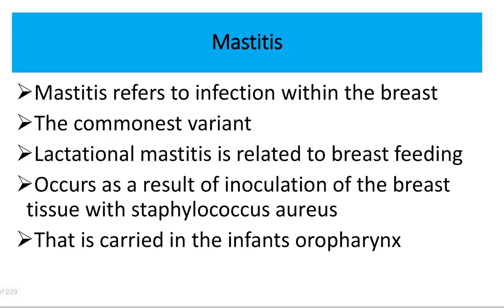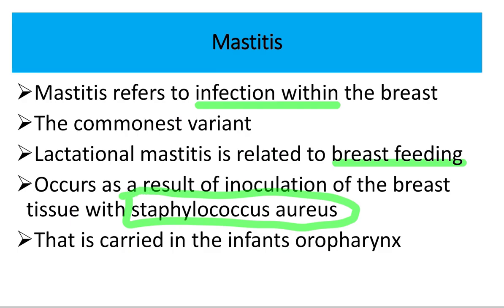So here we can see the mastitis. Mastitis means inflammation of the breast, and it refers to infection or inflammation within the breast, and it is the most common variant in females. Lactational mastitis is related to breastfeeding. So in this patient, a 22-year-old female who is breastfeeding, it is lactational mastitis, and it occurs as a result of the inoculation of the breast tissue with Staphylococcus aureus. So the answer is that Staphylococcus aureus is the most common organism responsible for this type of